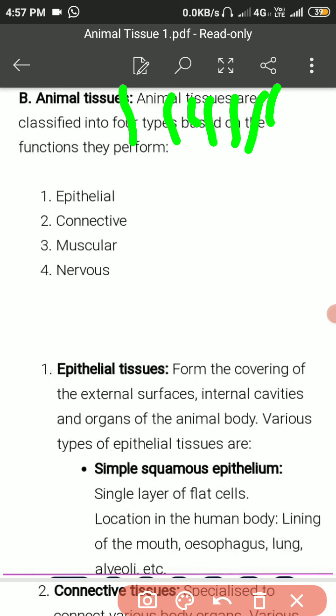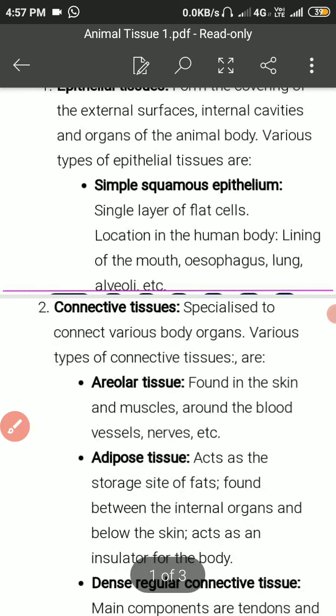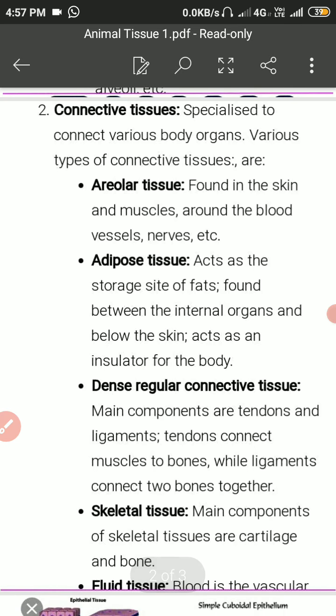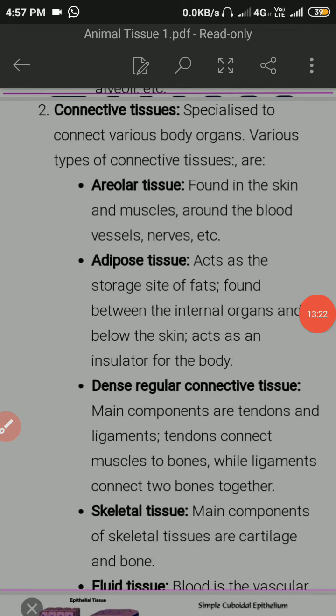So you can explain this connective tissue as the connecting things, and connecting things are these. So, specialized to connect various body organs, the various types of connective tissue are